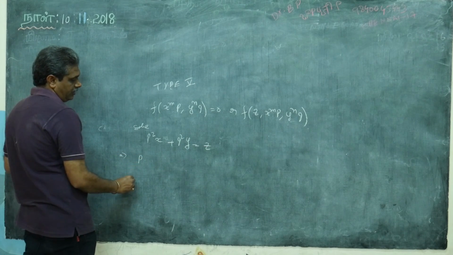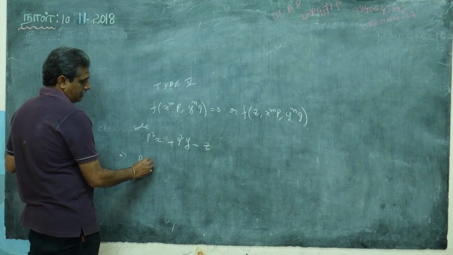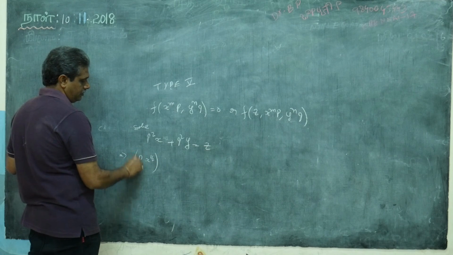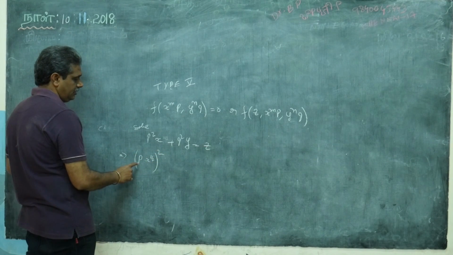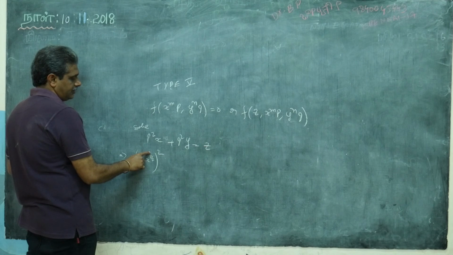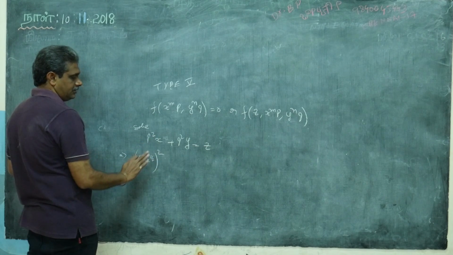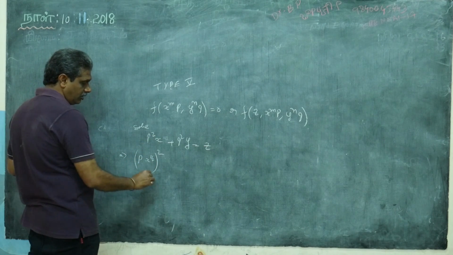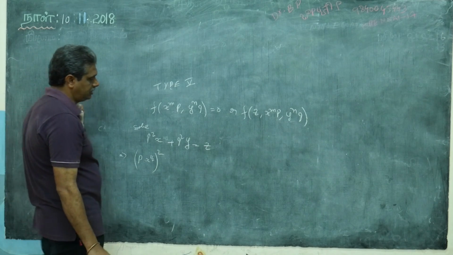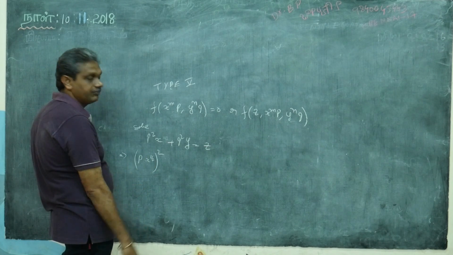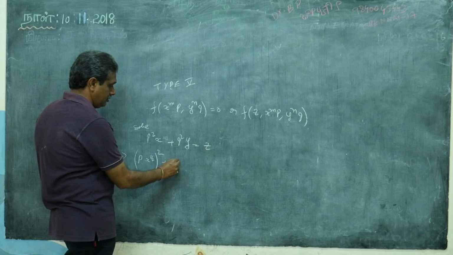How can you write this? If I write p power 1, it means what? X power 1 by 2. Can I write whole square? See, it satisfies p square, x power 2 by 2, nothing. So we are just doing something. We have no right to change the problem, but we can do something and bring what I want. That is mathematics. Q